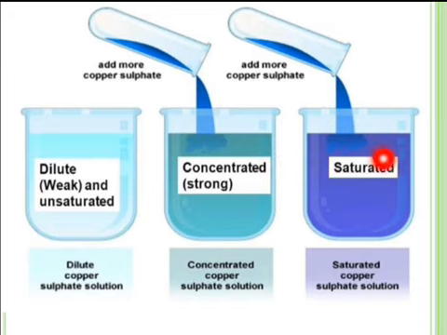And now one stage comes when you keep on adding more and more copper sulfate in the same quantity of water as solvent, that is 100 ml, then you can see more change in color in this diagram. And one stage comes when no more solute as copper sulfate can be added in the same quantity of water, that is 100 ml of water. This means here the saturated solution is prepared.